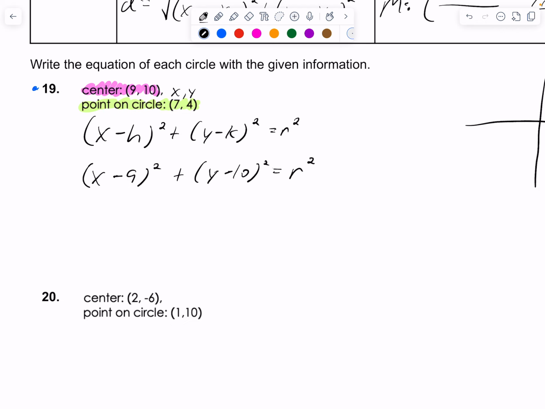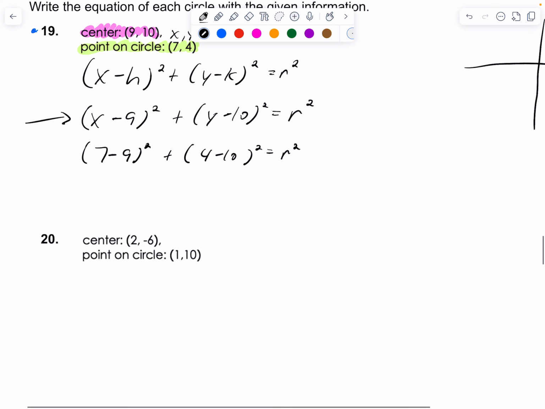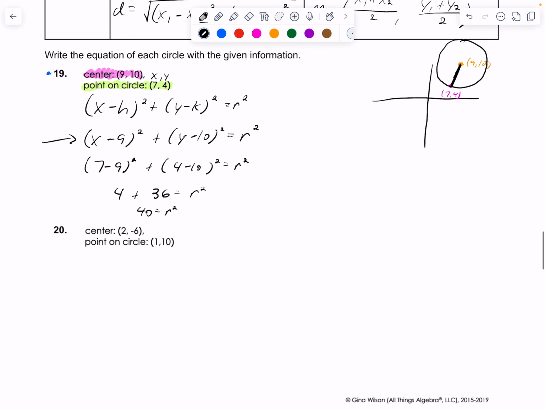So I'm going to go ahead and plug in (7 − 9)² + (4 − 10)². I'm just trying to find the radius squared because I know that this is my answer, but I just need to know what the radius is. So that's going to be (−2)² is 4, (−6)² is 36. So 40 is equal to the radius squared. So my answer for number 19 is (x − 9)² + (y − 10)² = 40,